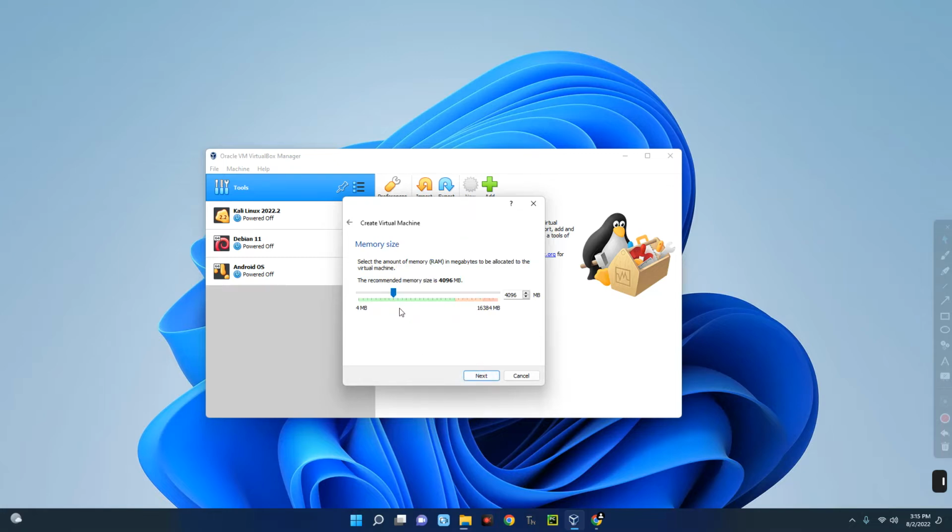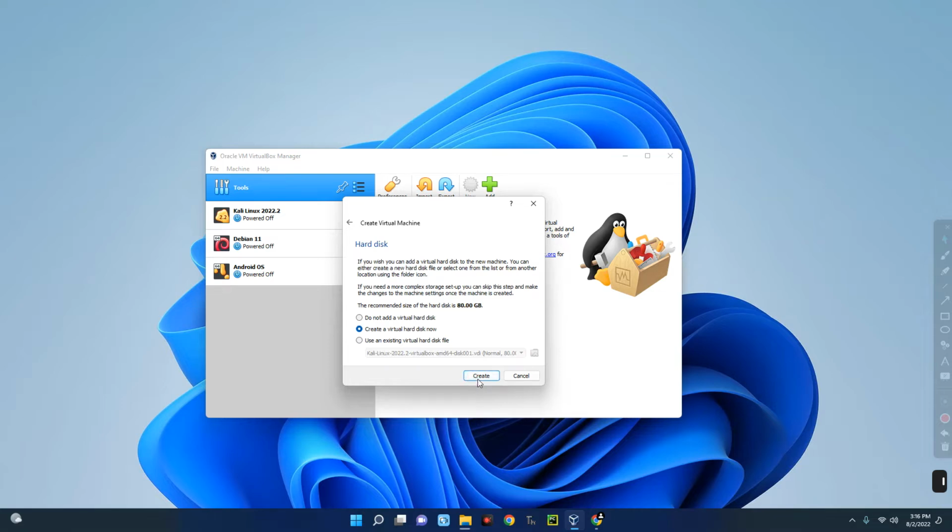Now this is the RAM we want to allocate to this OS, so let's give it 6 GB of RAM since I have 16 GB on my computer. Now it is recommended to give at most 40% of your RAM to this device, so you don't have to give 50% of your RAM to this device and then use 50% on your device because it may make your host computer slow. Now click on next after entering the amount of RAM and then click on create